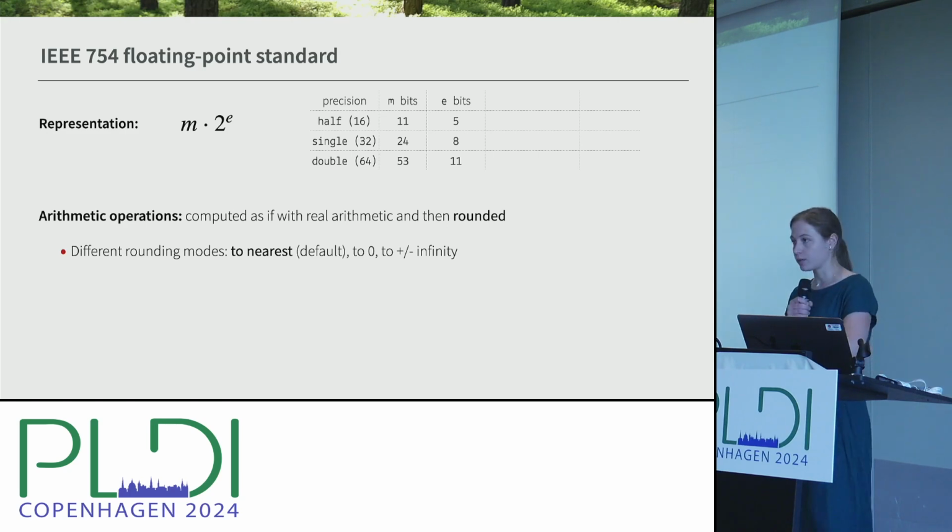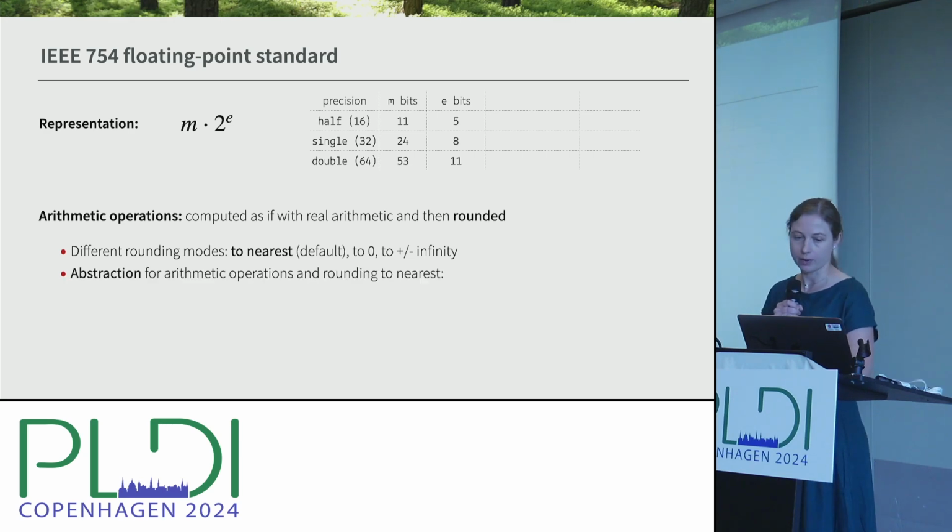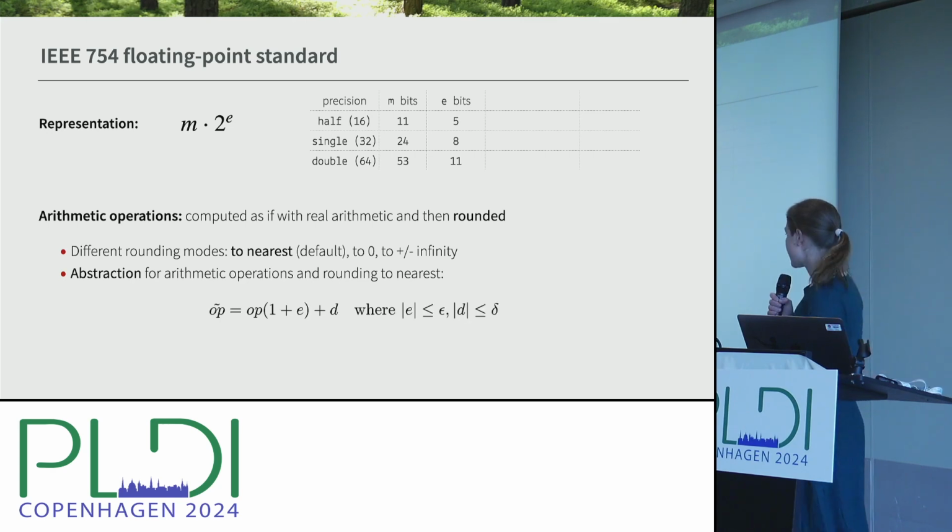So the rounding can be different. I will be assuming rounding to nearest, which is basically the default for most programming languages. Based on the definition of how arithmetic operations are rounded, we can use an abstraction that basically says this: a floating point result is as if we had it in real values, so that's without the tilde, with